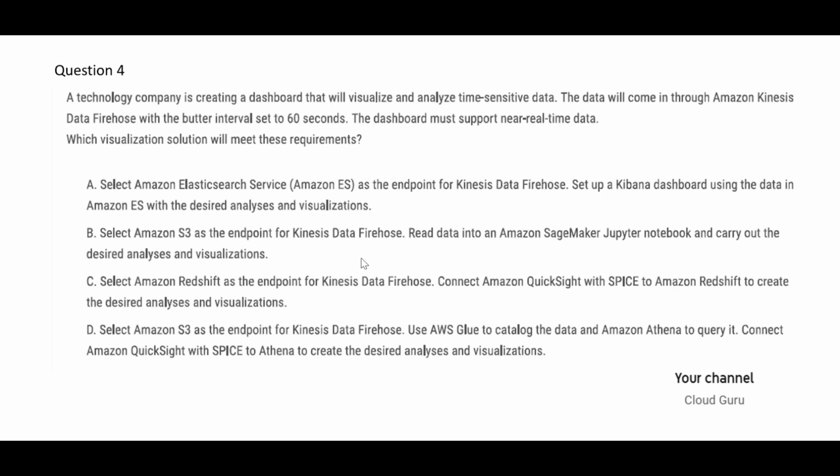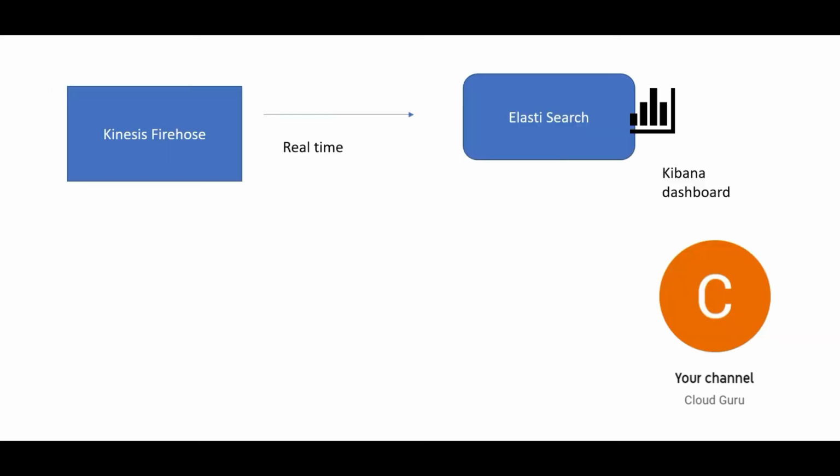If you quickly whiz through, you will see only A. It is plugged on Kinesis Firehose, and they are setting up Kibana dashboards. So Elasticsearch is plugged directly, and the Kibana dashboard is doing the reporting or analytics here. So there is no time loss in between to move the data somewhere, store it somewhere, do some transformations, etc. It's instant. So it is near real time. So logically, this should suffice. But let's scan through other options.